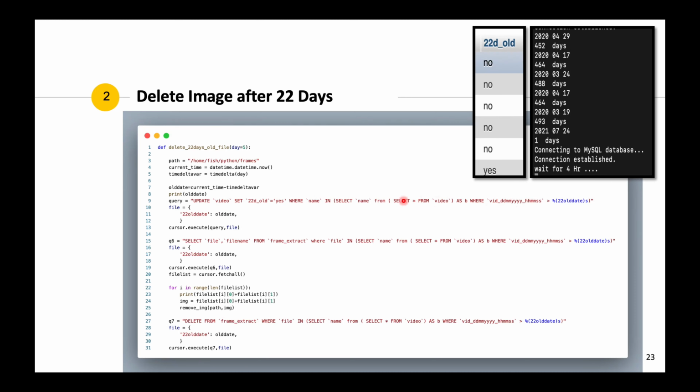Then it will update the database to say yes, it is a 22-day-old video. Then it will select the file name that is 22 days old and simply delete that frame from our OS, and it will also delete the frame extraction entries from the frame extract table.